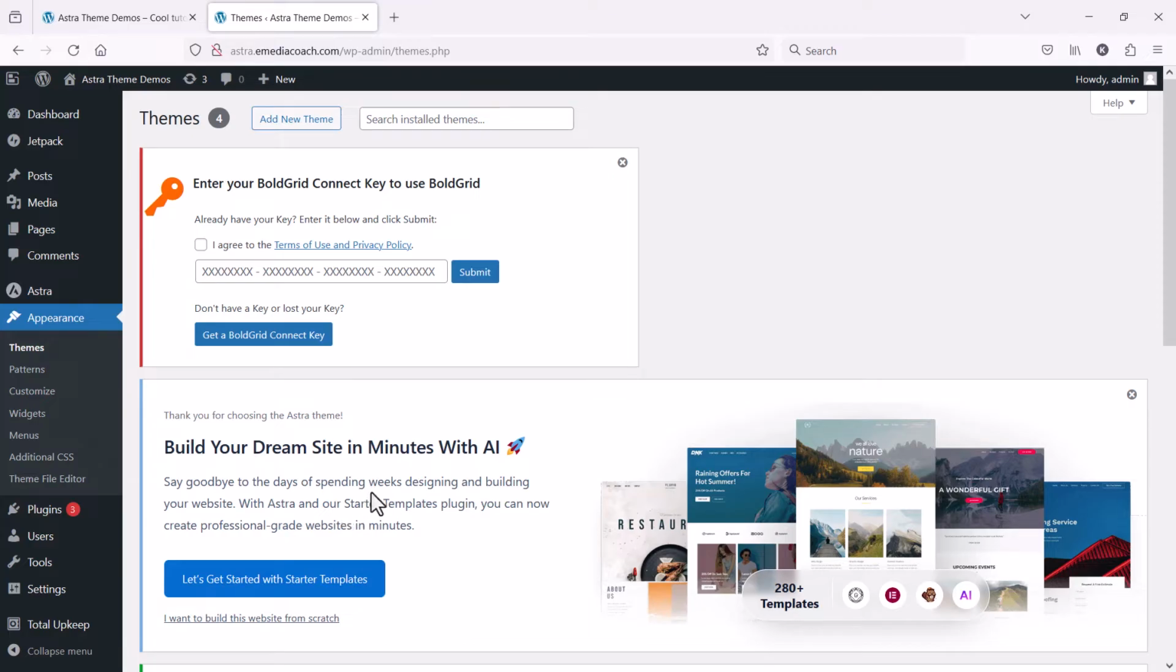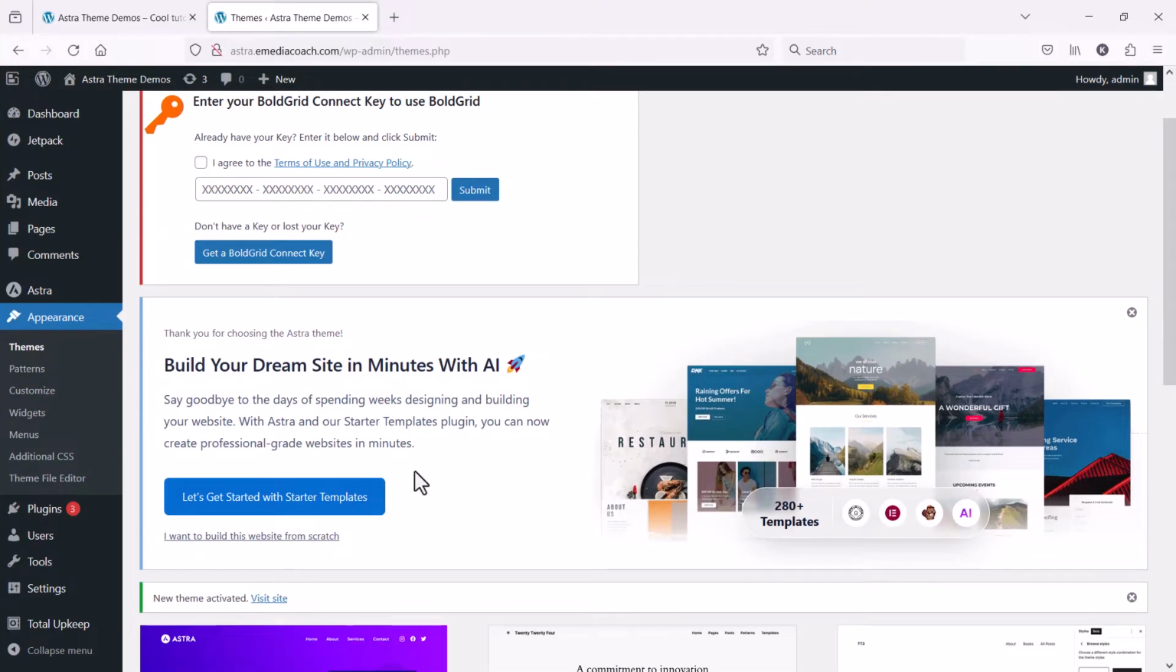What you should now do is install the starter templates. This will help you fast track the process of getting a website set up. Now you can do this one of two ways. If you've just installed Astra, you should see this. Let's get started with starter templates, right? And click on that. But if you don't see that, all you need to do is go to plugins,